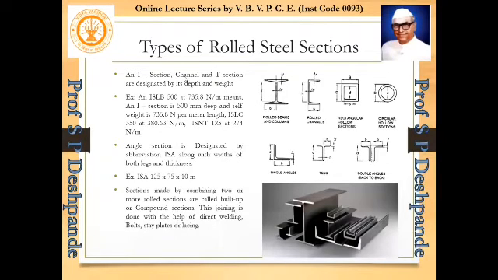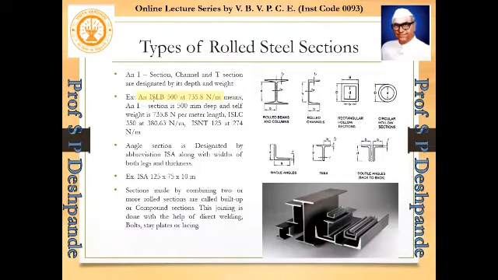But in IS handbook number 1, we name it in a particular way. For example, when I have to name the I section, I will say an ISLB 500 at 735.8 Newton per meter. So when I have named it this way, what is the significance of all the parameters? Right, ISLB 500 at 735.8 Newton per meter.